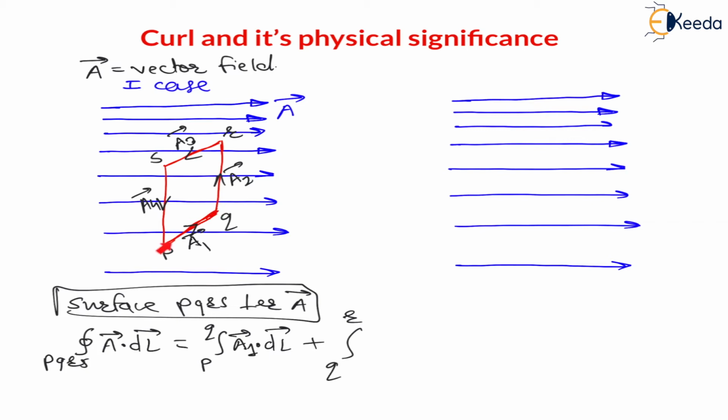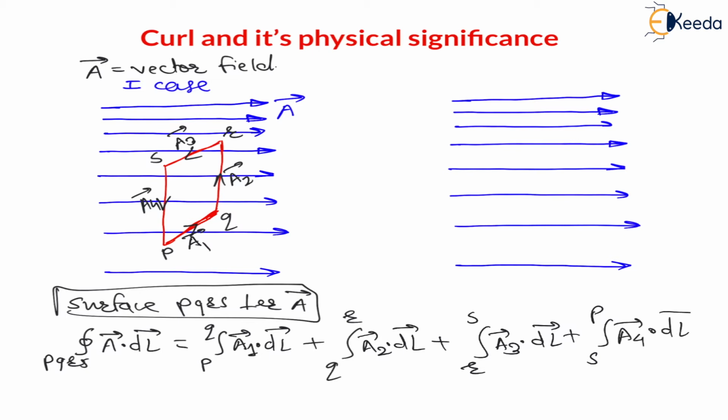Q to R is again different line. Direction is changing. Here P to Q direction is Z. Q to R direction is Y. Therefore, as direction changes, I have to integrate separately. But vector field is A2 dot dl, right? Plus, then for R to S, it is vector field is A3 dot dl. Plus, for S to P, the vector field I am assuming as A4 dot dl, right? Now this will be the for closed loop, that is line integral, right?